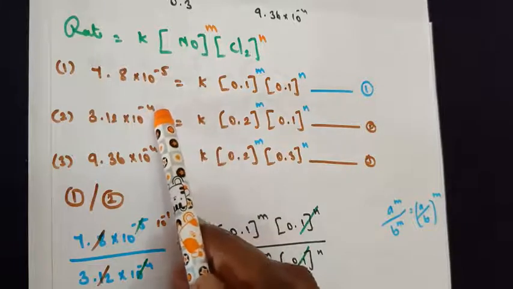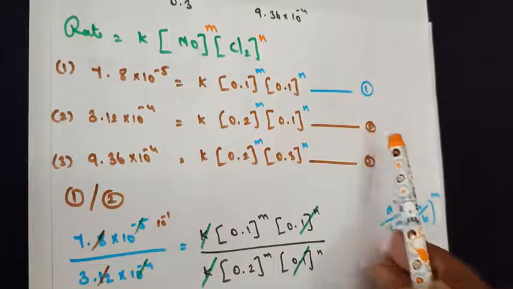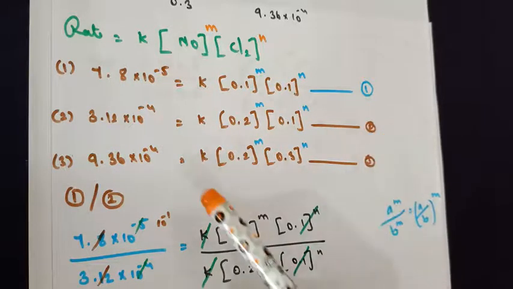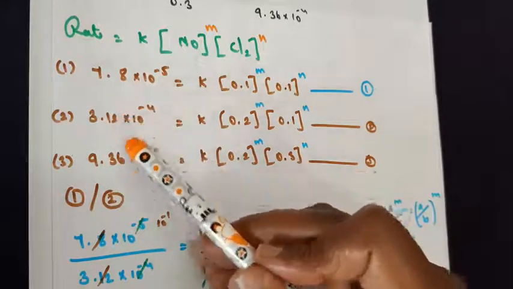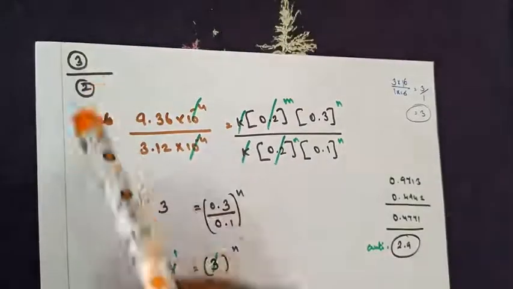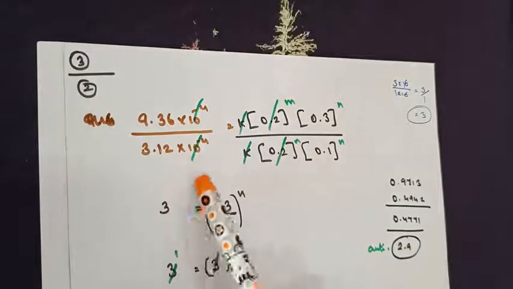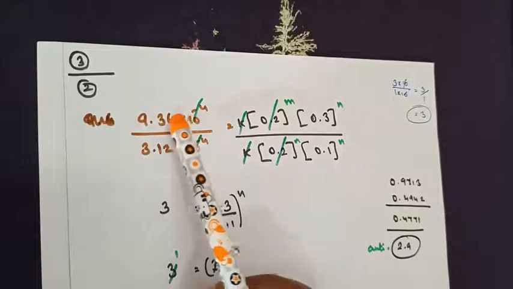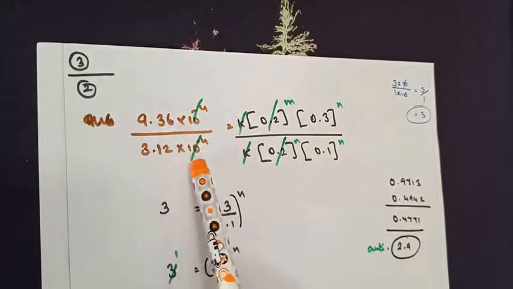You can write 2 by 3 or you can also write 3 by 2, meaning second step divided by third step or third step divided by the second step. I'm reversing the order. So greater number goes to the numerator, smaller number comes to the denominator. So hence the step I have written 3 by 2. 2 by 3 also you can write, but negative numbers will be in the denominator, a little bit of conversion you have to do. So for ease, always keep the greater number in the numerator. So the third step divided by the second step.